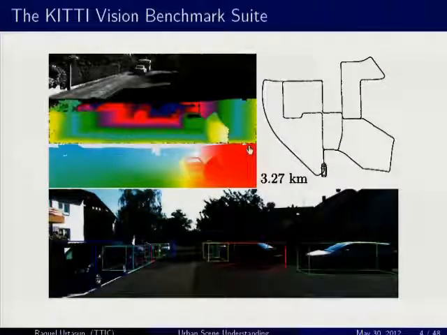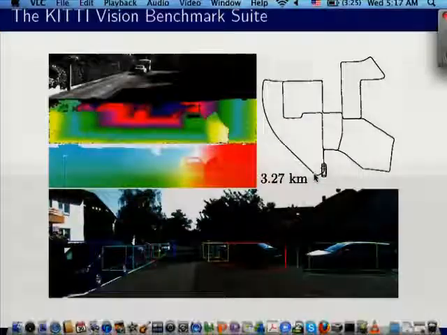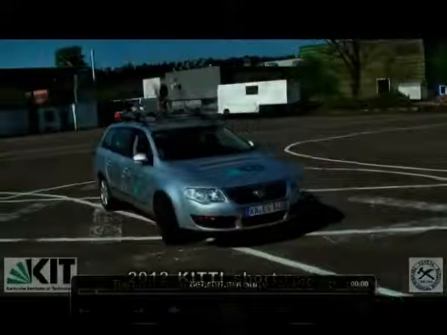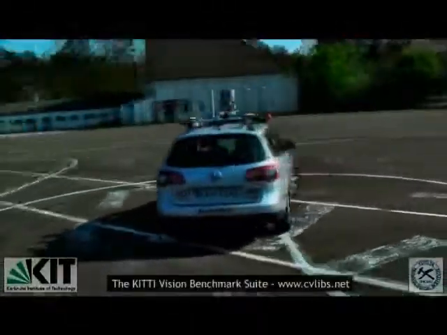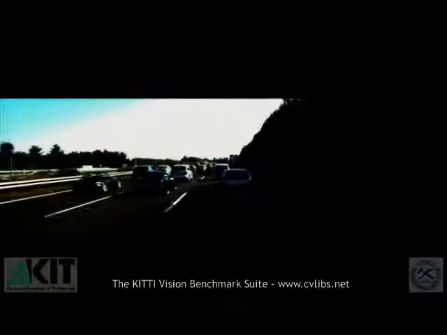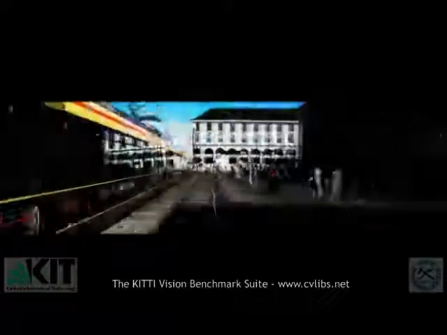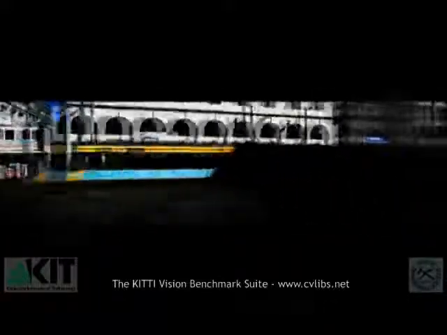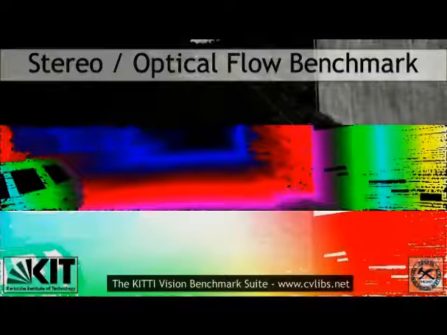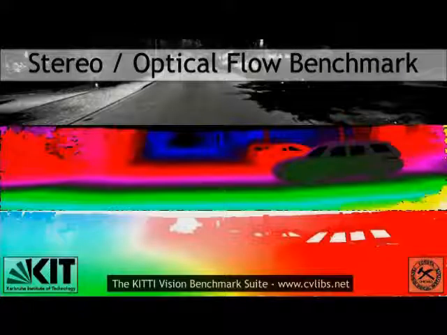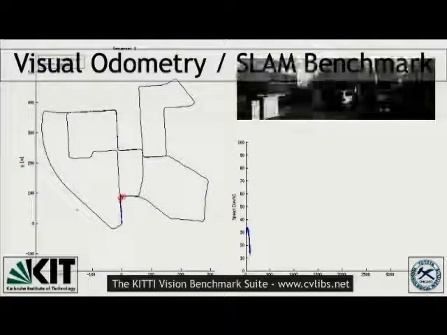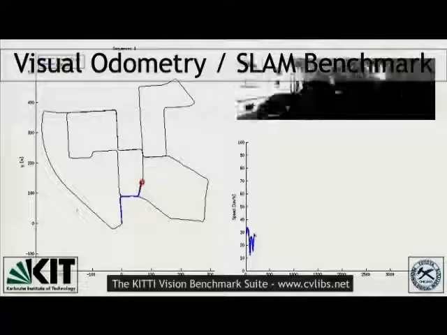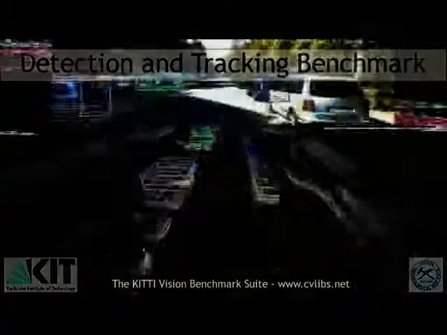Okay, so let me show you a little bit about our benchmarks. So let me just demonstrate this visually. So here's our autonomous driving platform. And what you're going to see first are going to be the benchmarks for stereo and optical flow. So this is the kind of scenarios that we capture the data from. So you have all sorts of very cluttered scenes, as well as highways and residential areas. So here is the stereo and optical flow benchmark. We have 400 images, 200 training, 200 testing. We don't give ground truth for the test. Okay, and it provides enough training data to actually get learning algorithms to do this.